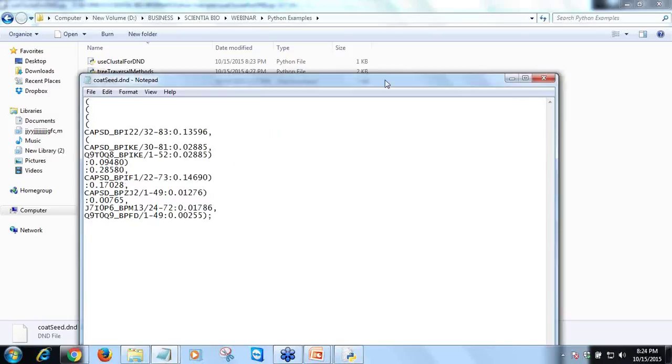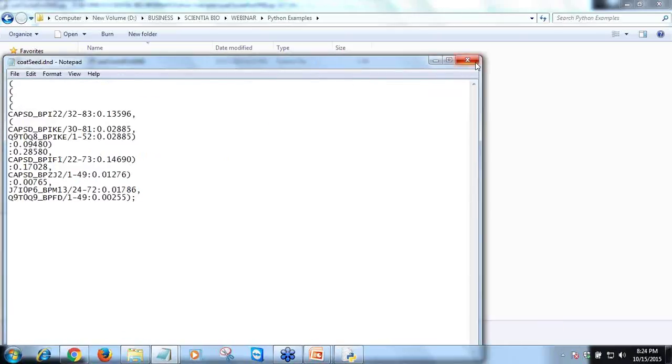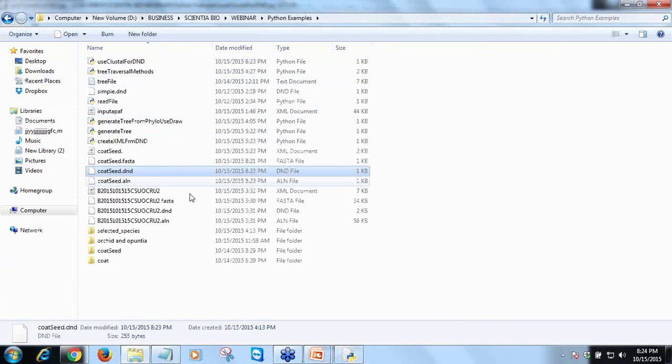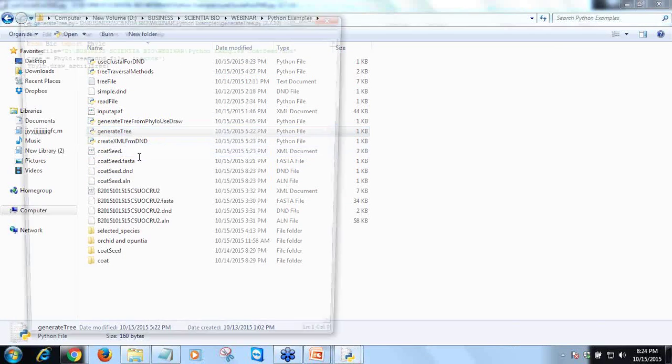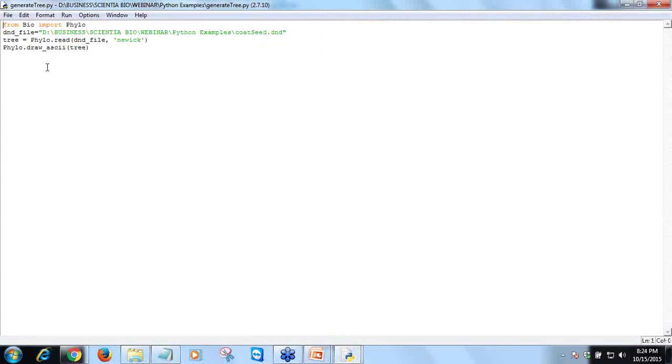Now to make it much more meaningful to us, we are going to draw it using the Bio.Phylo module. For that, we are going to open a function called generate_tree, and in this we are going to import the Phylo module from the Bio module available in Biopython. We give a path to our DND file, codec.dnd. We use the read command to read this particular file in the format Newick,